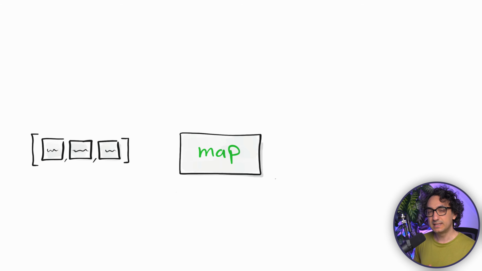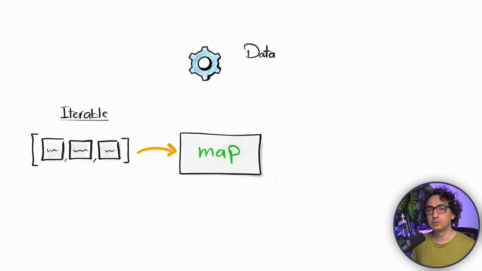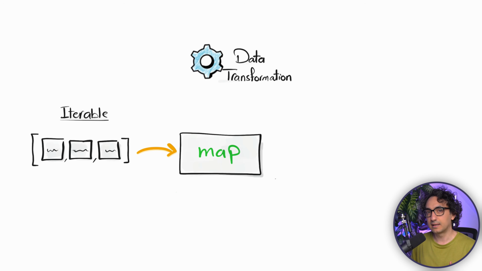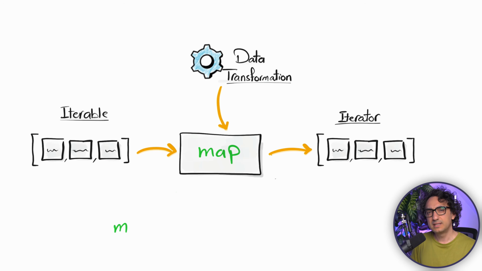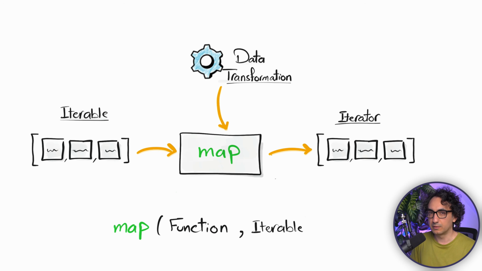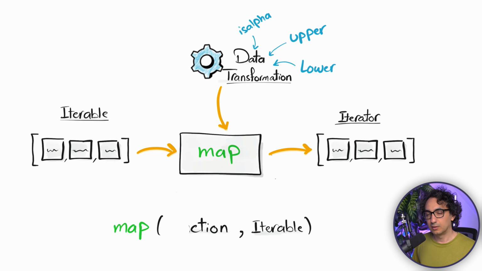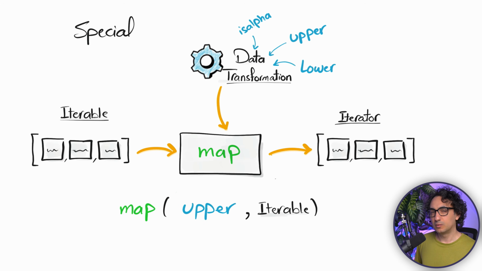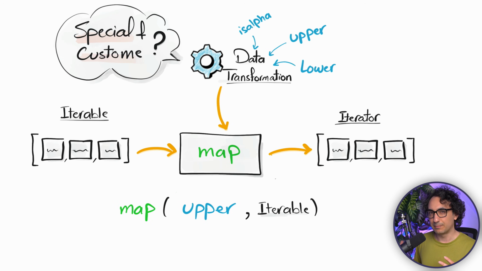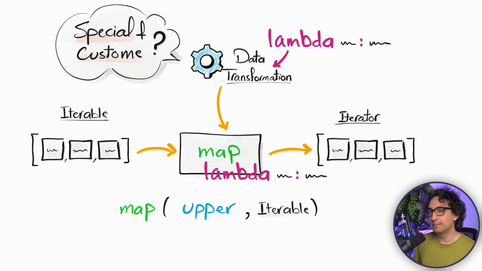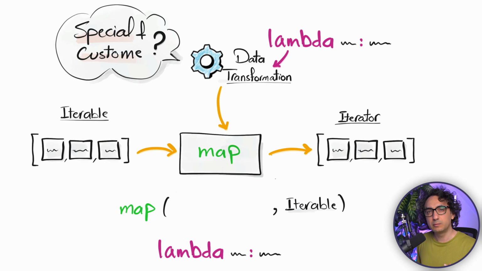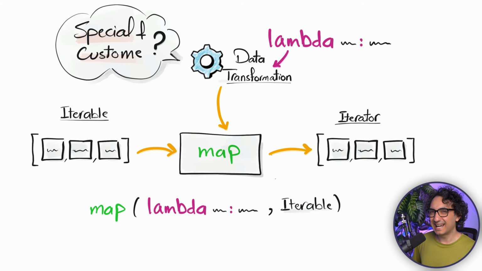Alright, now with this you have the basic understanding of how Lambda works. So for example, if you look at the map function, we said you need two things. The first one is how to transform your data, the function, and the second thing is your data, like the list. We said we could use some built-in functions and methods from Python, like upper, lower, or isalpha and those things. But if you need to do something specific, some extra complex logic, we cannot use the built-in stuff. We could use the help of the Lambda in order to specify what we want to do. So with the Lambda, we're going to define exactly how we're going to transform our data structure, our list.